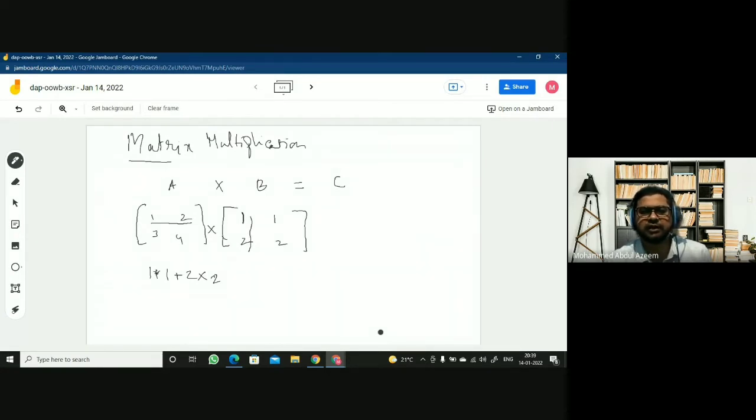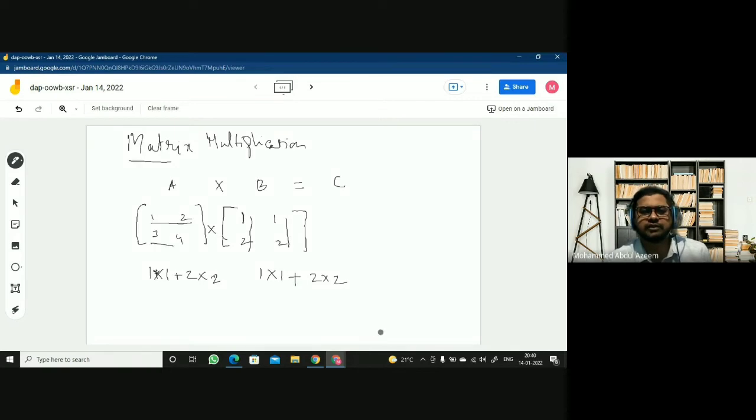Okay. Similarly, the first row will be multiplied with the second column of the second matrix. That is 1 into 1 plus 2 into 2. Then this becomes the second element of the first row of the resulting matrix.